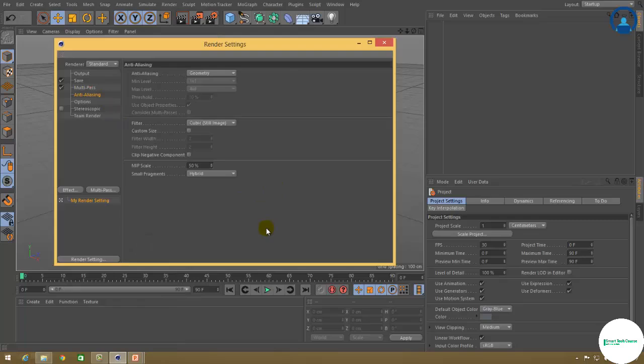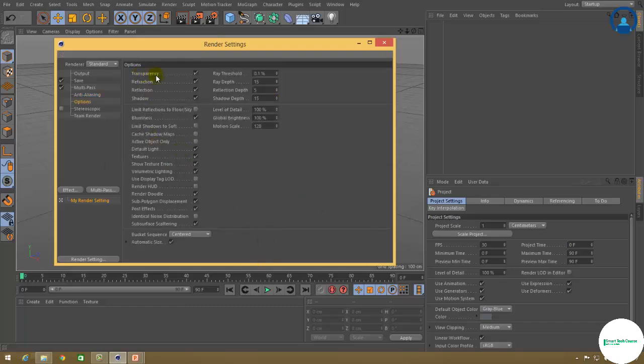Anti-aliasing is for smoothness of your objects or your animation. You can keep it like geometry or best. Best is the best option, so you can keep it best for good result. Options. If you don't want to render transparency, refraction, shadow, you can remove this tick mark. What kind of passes or layers you want to render with this file, you can adjust all those things